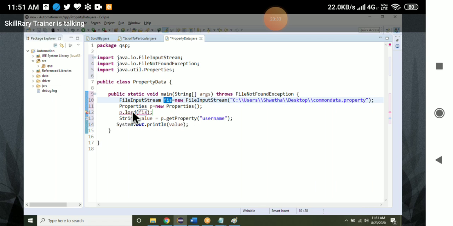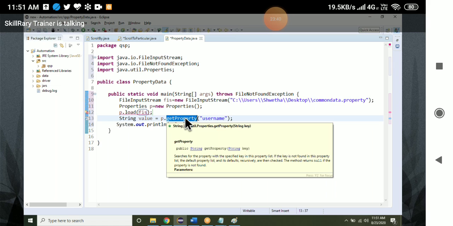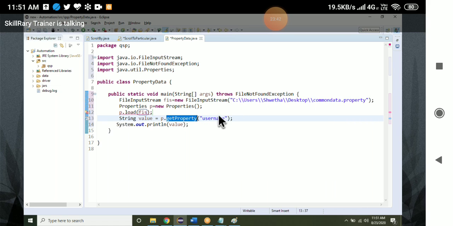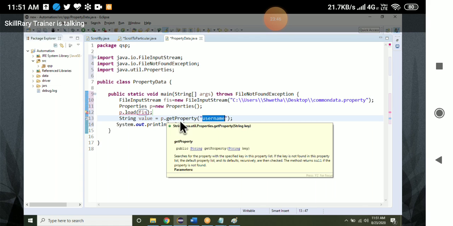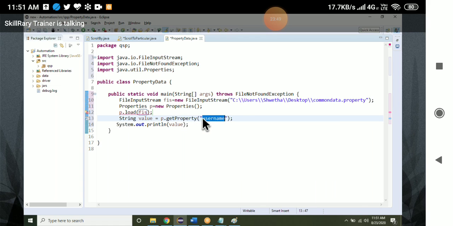After converting, now it will load that file. Then after loading, it will go to that file, get the property data, and get the value for this key. If I pass password, it will return manager.